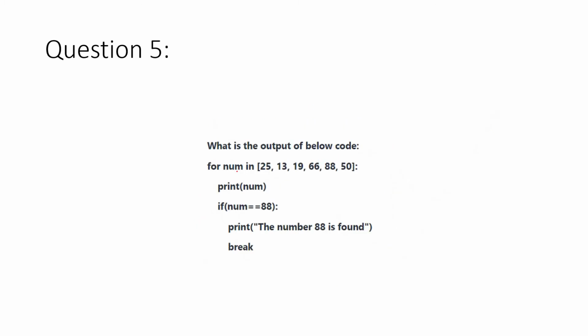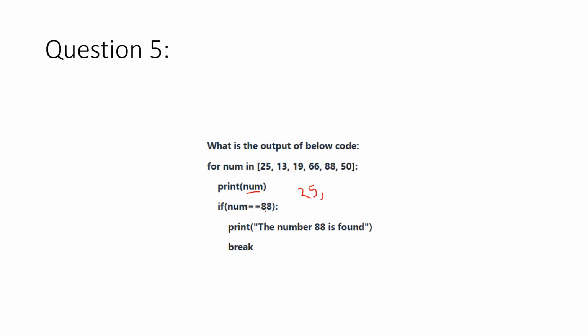What is the output of the below code? for num in 25, 13, 19, 66, 88, 50: print num. If num equal to 88, print the number 88 is found, then break, okay. Already I have discussed the break and continue statements, right. So basically here you can see print num, so first 25 will be printed, then 13 also,